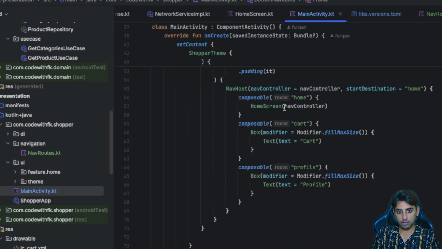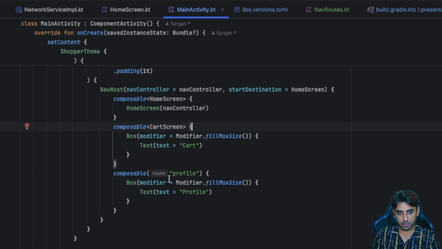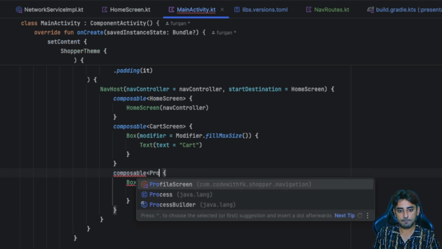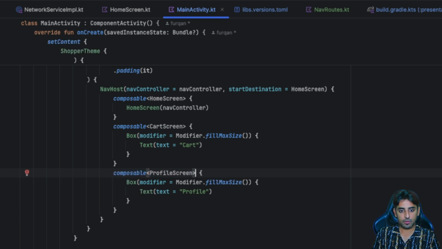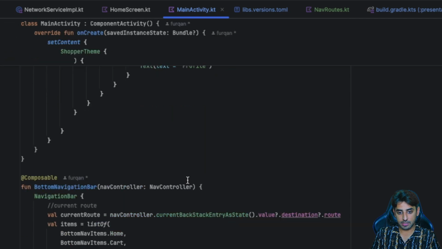And also over here, these routes are not supposed to be used this way, so I'll just change this to home screen. And now, rather than passing it as a parameter, we'll use this and call it home screen. Okay, same goes for this section, it is going to be card screen, and this last one is going to be profile screen, right? Profile screen. Okay, so now it's done, and there is just one thing left,